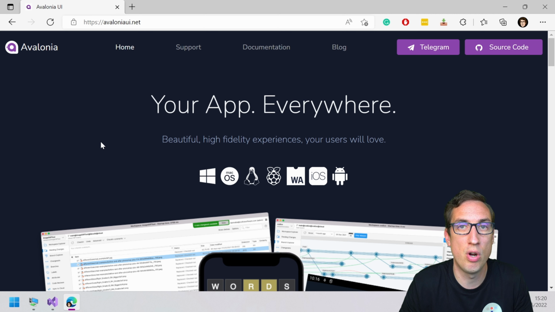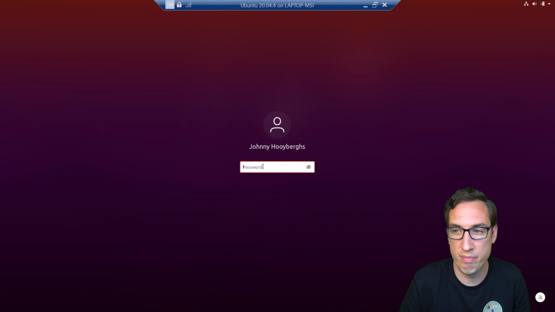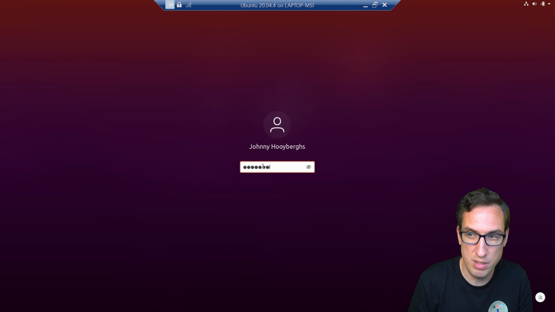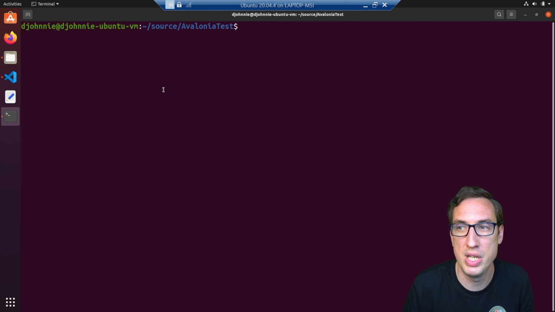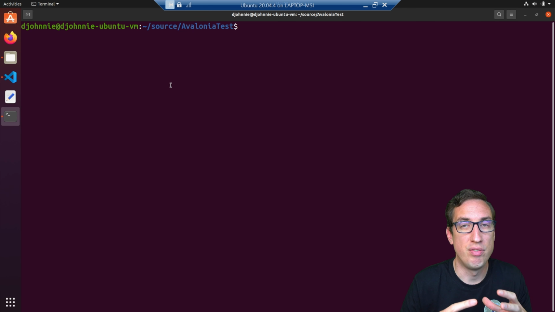If you want to target other operating systems, you need to use other kinds of applications, like mobile applications, for example. I will talk about mobile applications in later videos, but with Avalonia, an open source project which adds these new templates to .NET, you can actually create WPF style desktop applications for Linux, for example. And to show you, I'm just going to show you in Linux so that you can see that it actually runs in Linux. So I have my Ubuntu virtual machine, and with this virtual machine I can now add Avalonia